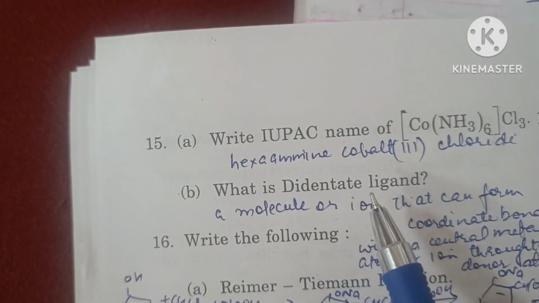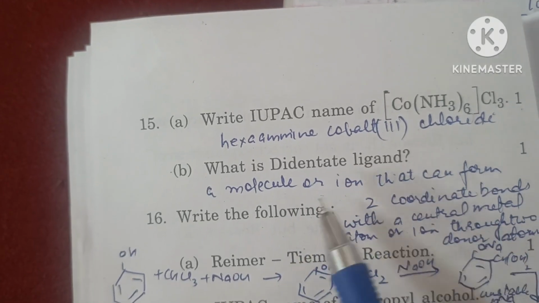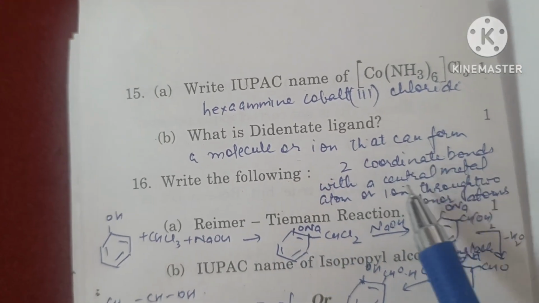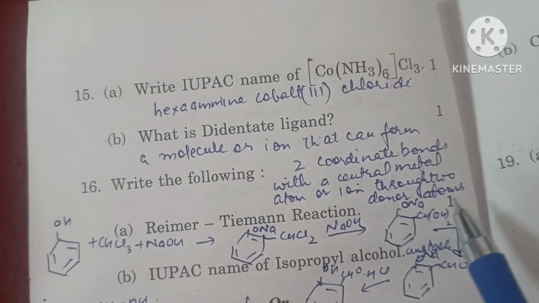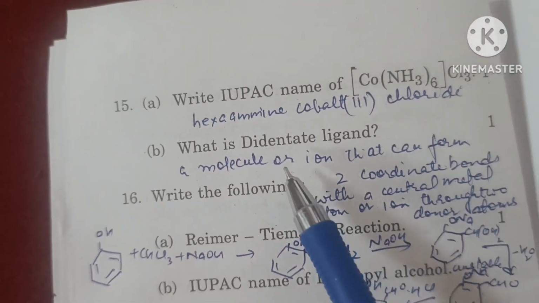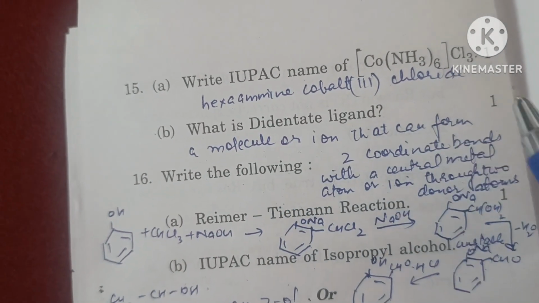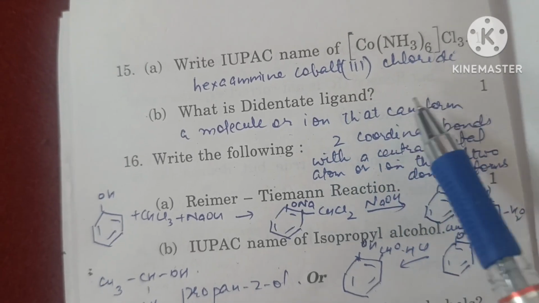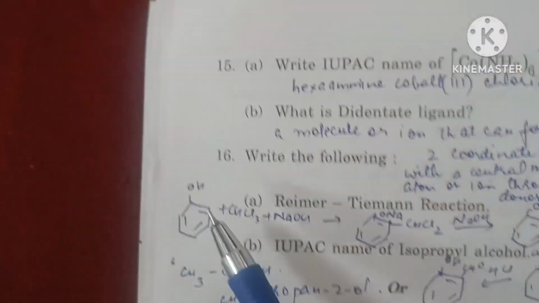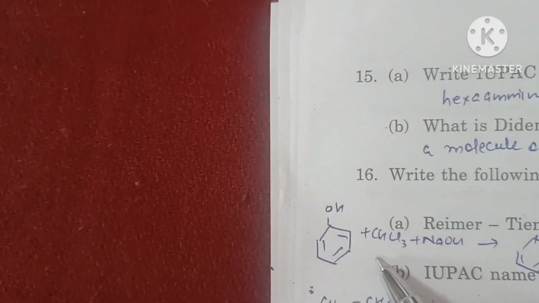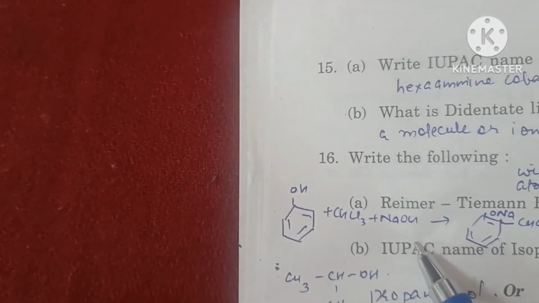What is a didentate ligand? A molecule or ion that can form coordinate bonds with a central metal atom or ion through two donor atoms is called a didentate ligand. For example, ethane-1,2-diamine. Write the Reimer-Tiemann reaction. So when phenol is treated with chloroform and sodium hydroxide,